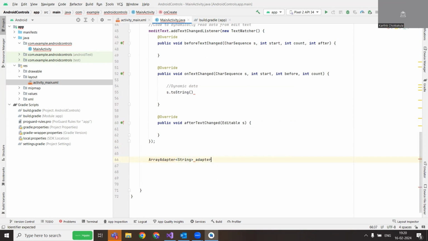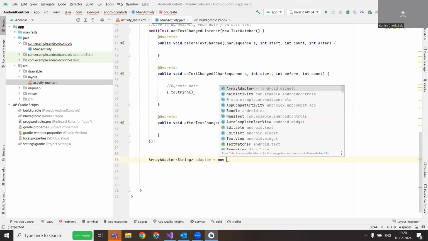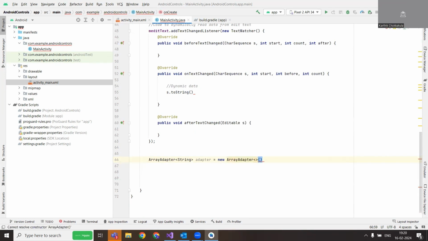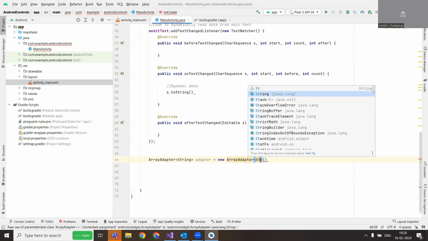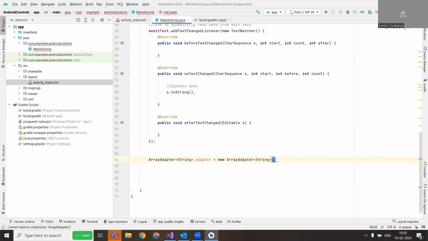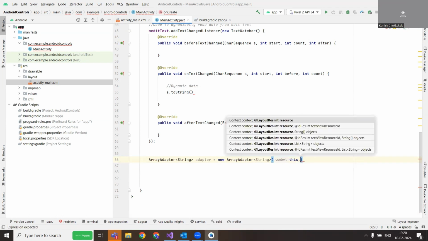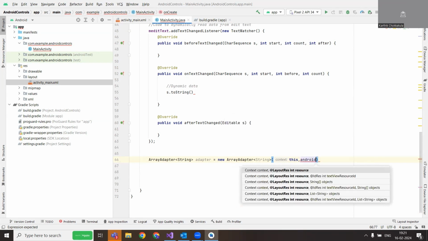Then I'll create an object for this equal to new array adapter of. So what is the type? We need to give the type first. So I'll just say string of this, comma, which means we need to tell which context it is. Then we need to again just say Android dot